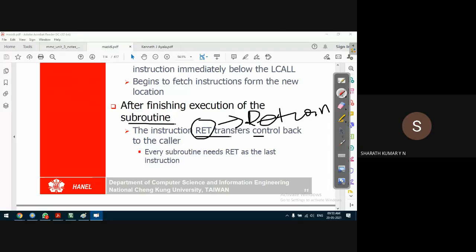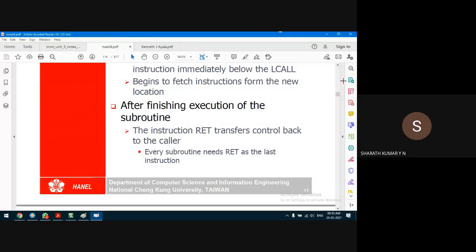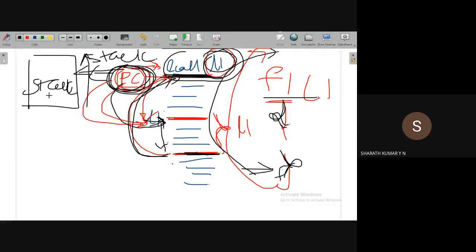So the control will go back to the caller, that means the point where the jump was taken, from where the execution is supposed to be continued. So every subroutine needs a RET instruction at the end of the subroutine. That means the last instruction in any subroutine is the RET instruction.